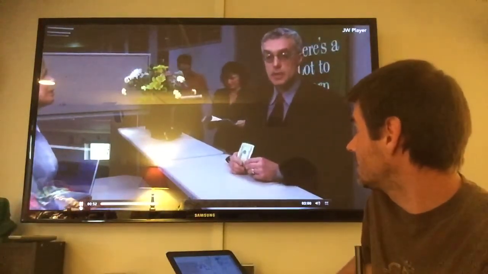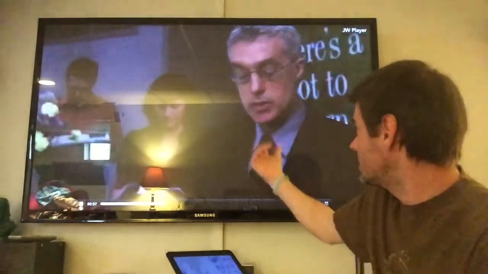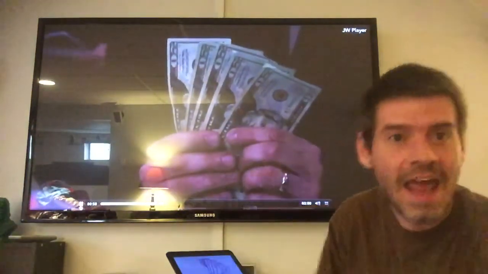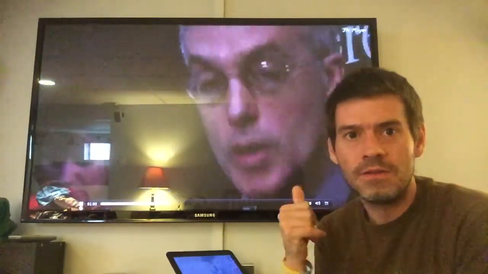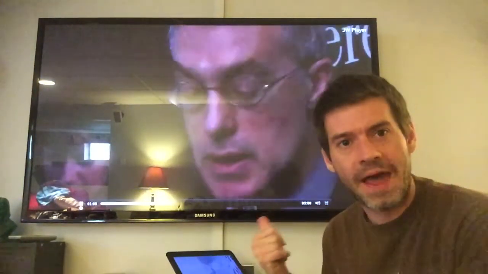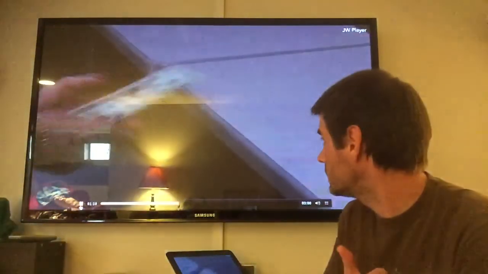Maybe. So this lady's at the bank, making a deposit, it looks like. Look, he's got some cash, right? This guy's financially literate. Look at his suit. Look at his glasses. Look at all that cash in his hand. And where is he at? He's at the bank. That's financial literacy. You can tell not just by the words he's saying, but by how he's acting. This guy knows what he's talking about.